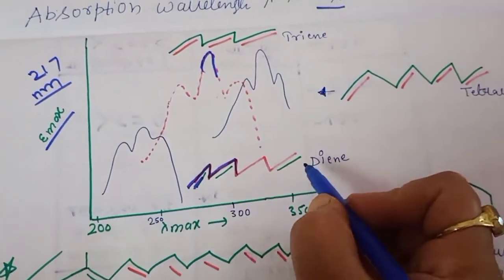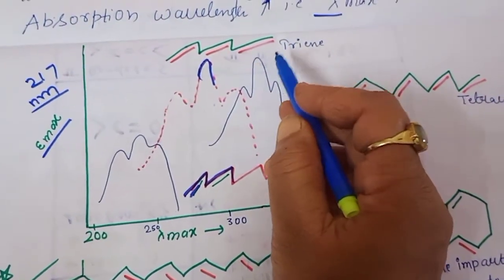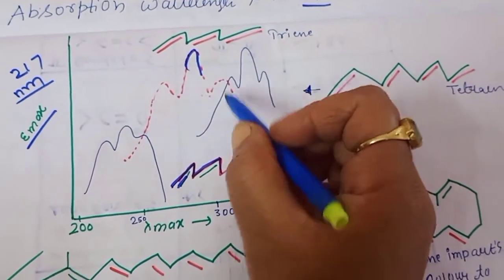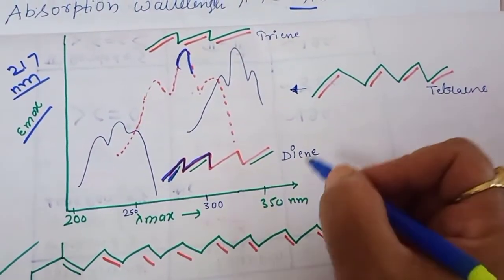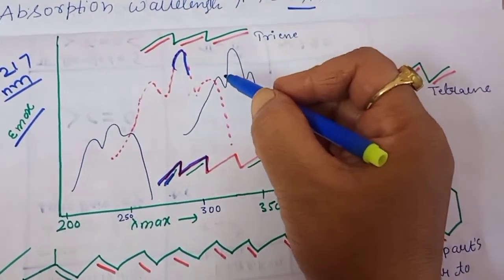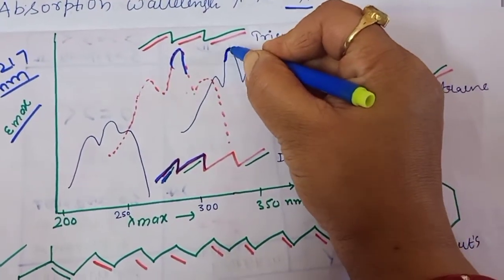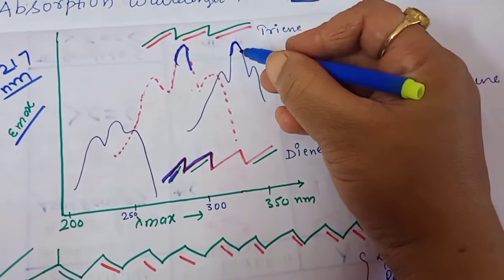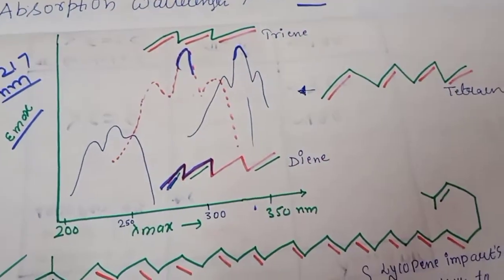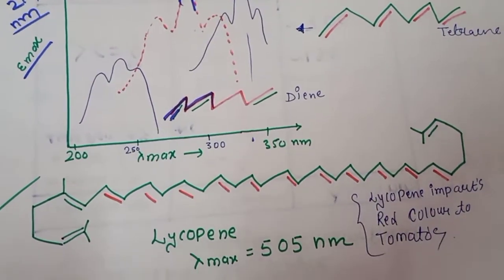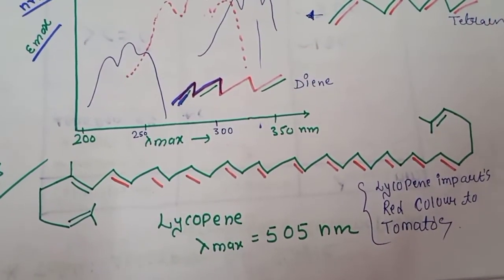When conjugation is increased, when a double bond is added in conjugation, the lambda max value increases. Similarly, for the tetraene also, the absorption maxima value will increase and the peak will be obtained at a higher wavelength. You can see the values range above 300. Now this is a very practical example, maybe asked in any of your competitive exams.